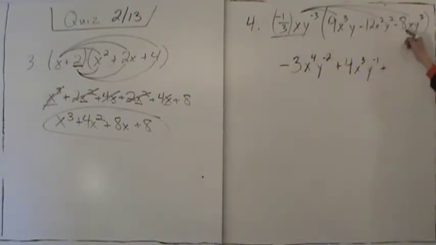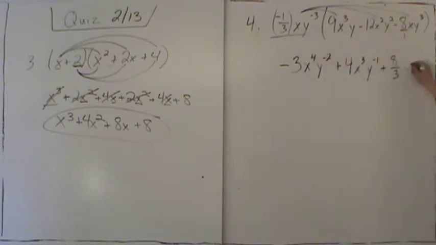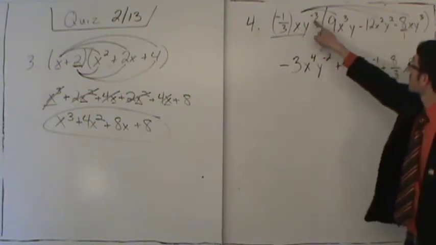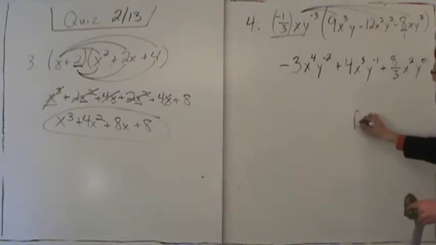Negative times negative is positive, and 8 divided by 3 does not work, so we look at this as 8 over 1. So 8 times the top, 8 times 1 is 8, and 1 times 3 is 3, so we get 8 over 3. And x times x gives x squared. And y to the negative third times y to the third gives y to the what? 0. And remembering from the last lesson, we are assuming